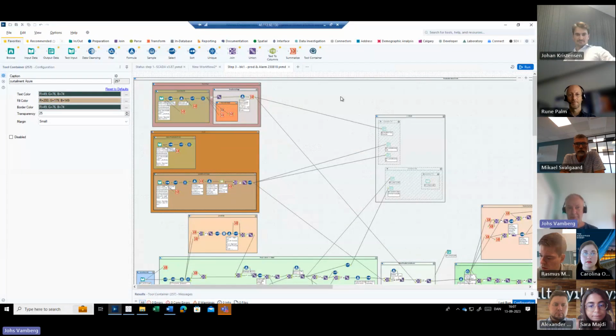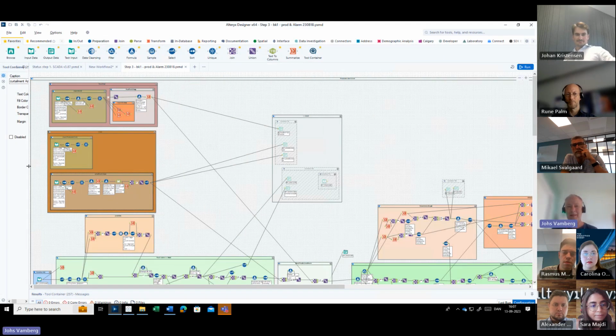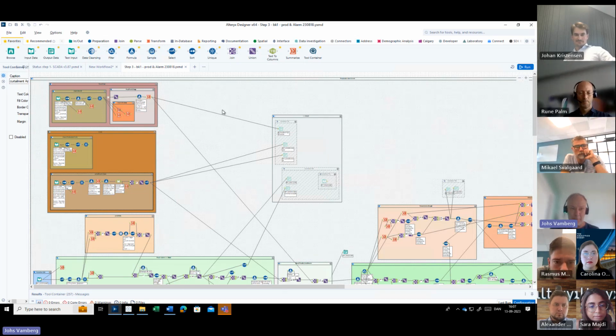Okay. What I want to show is how I get an overview of a program. What I do is I put the different things into containers, and then I color them, telling where they are coming from.